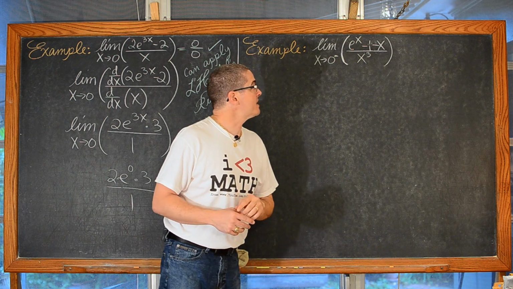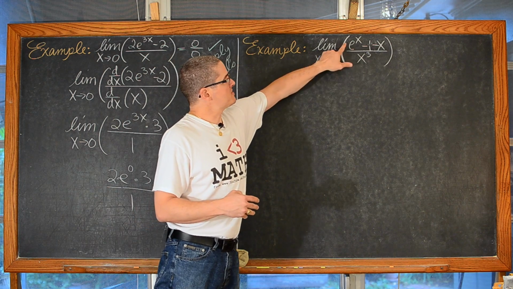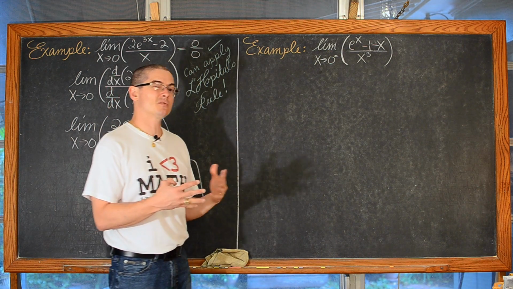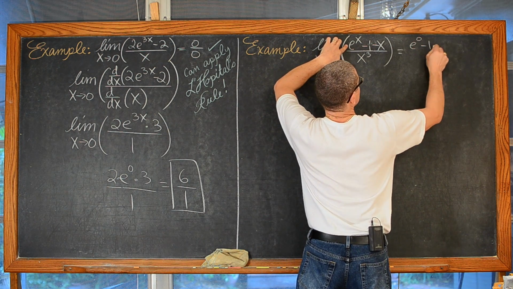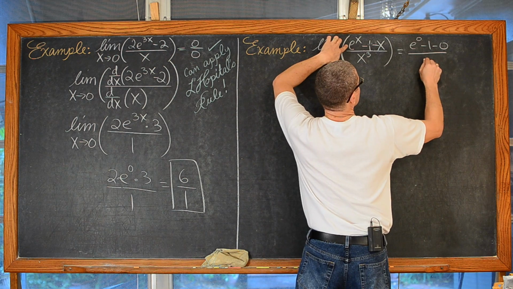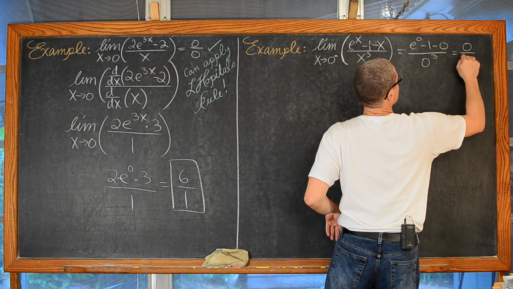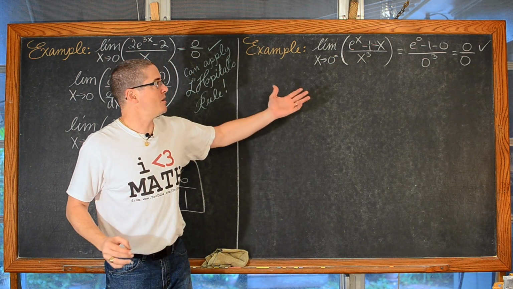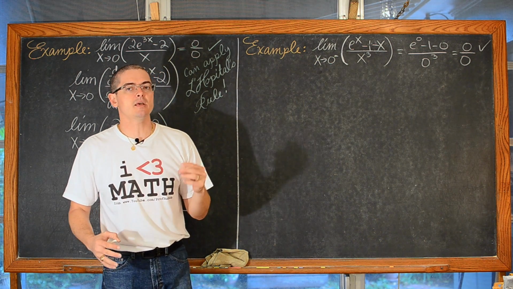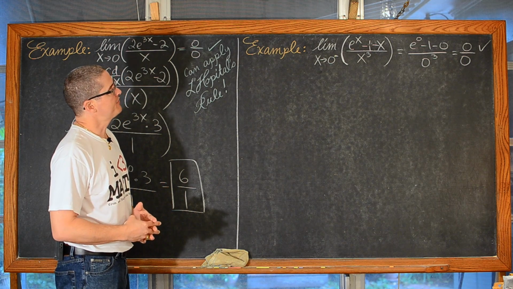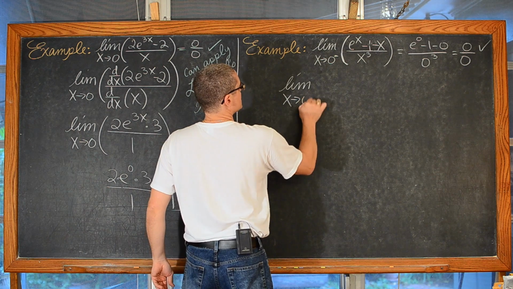Now over here we have the limit as x approaches 0 from the left. So we do have a transcendental function and just some polynomials mixed in together. So let's just see what happens at first. We have e to the 0 power minus 1 minus 0 over 0 to the third power. And that, of course, is going to be 1 minus 1, which is 0, over 0. And I'm putting a check mark, not because I know what the limit is, but because it's an indeterminate form, but that 0 over 0, again, says, hey, you can use L'Hopital's rule to finish this problem up. So that means we have the limit as x approaches 0 from the left.